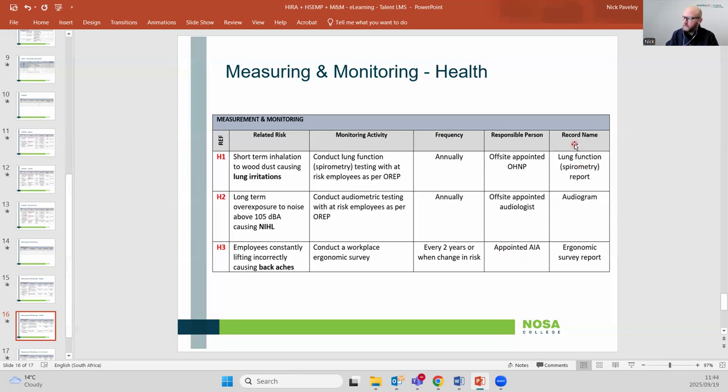You can see here for H1, a lung function report, or you could put there a spirometry report. For H2, that audiometric test that's done annually by the audiologist is actually recorded and documented on what is known in the industry as an audiogram. If you said in your Samtrack exam, if you had a very similar risk and you wanted to do the same monitoring activity, if you said there an audiometric test report, your Samtrack assessor will accept that because it shows